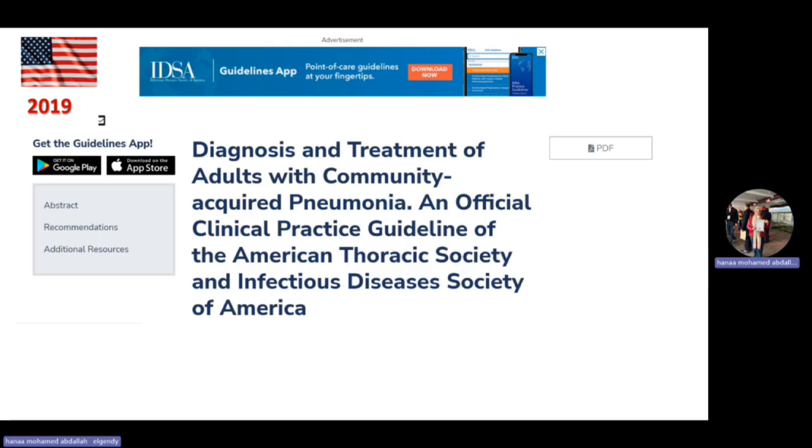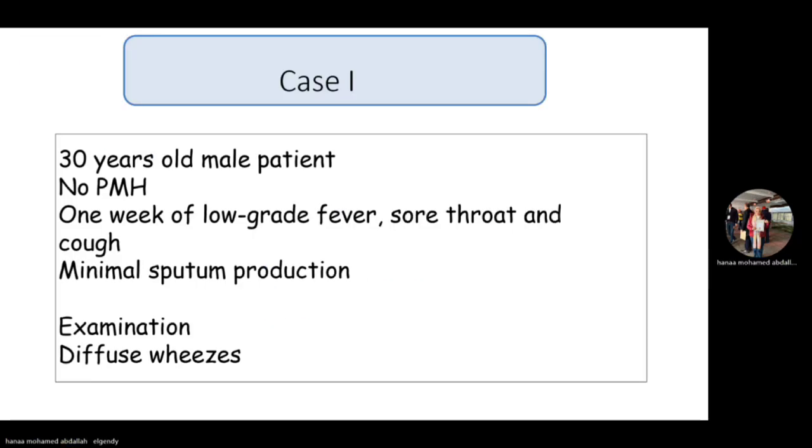The diagnosis and treatment of adults with community-acquired pneumonia are based on the guidelines of the American Thoracic Society and the Infectious Disease Society of America. We'll talk about four cases. First case, a 30-year-old male patient with no past medical history who, 1 week ago, complained